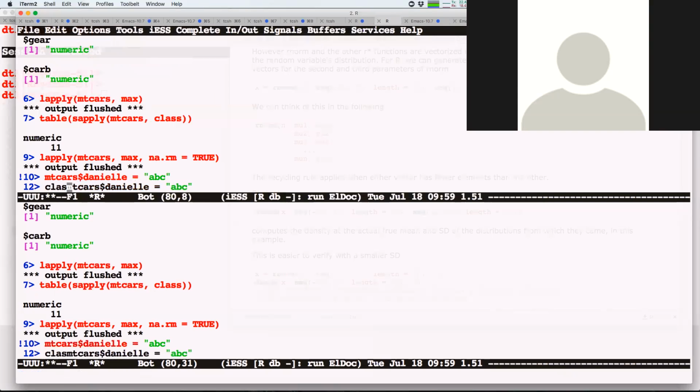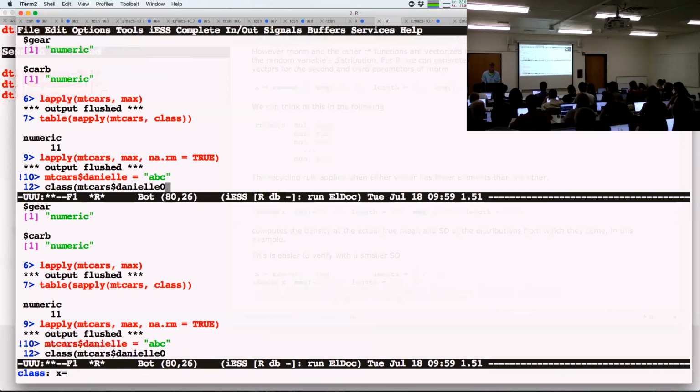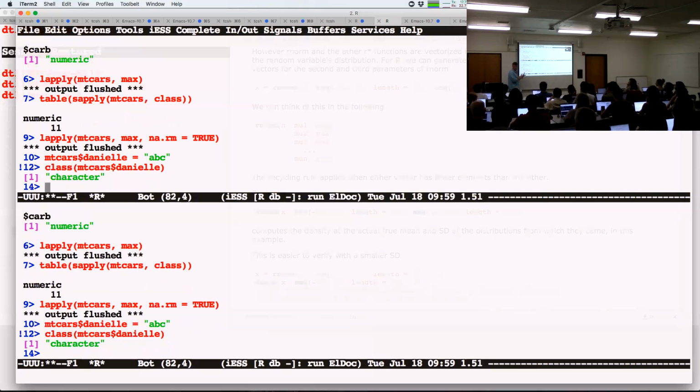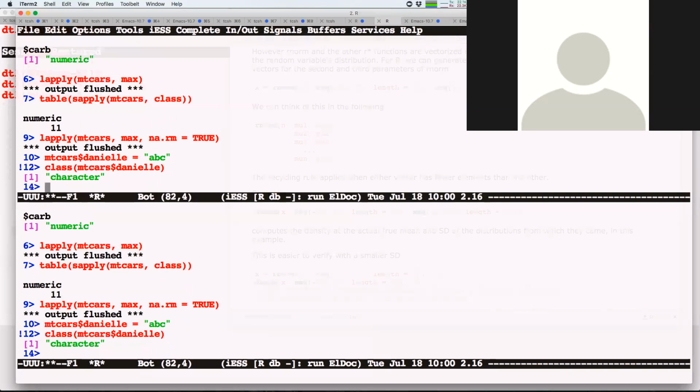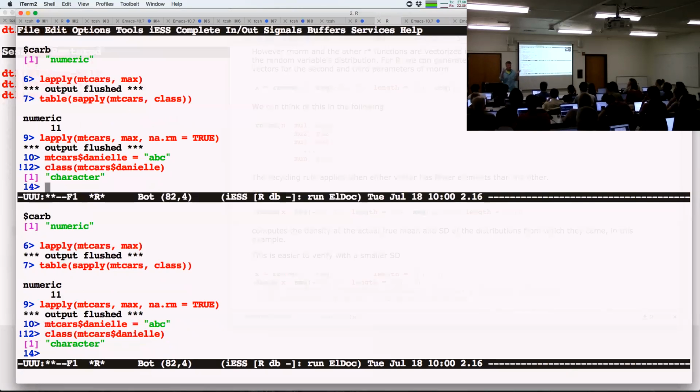Even when you're not trying to understand R, but just trying to make sure your code is correct, stop and check: did it do the right thing? We're lucky it did, because it could easily have turned that into what's called a factor. It didn't, but you really want to check, because they're very different but look the same. I do this all the time. I know this language very well, and I still do not trust that I remember all the rules when I'm focusing entirely on something else. I'm trying to do data analysis and ignore R, so I need to check that R is doing what I think it's done. So this is fine.